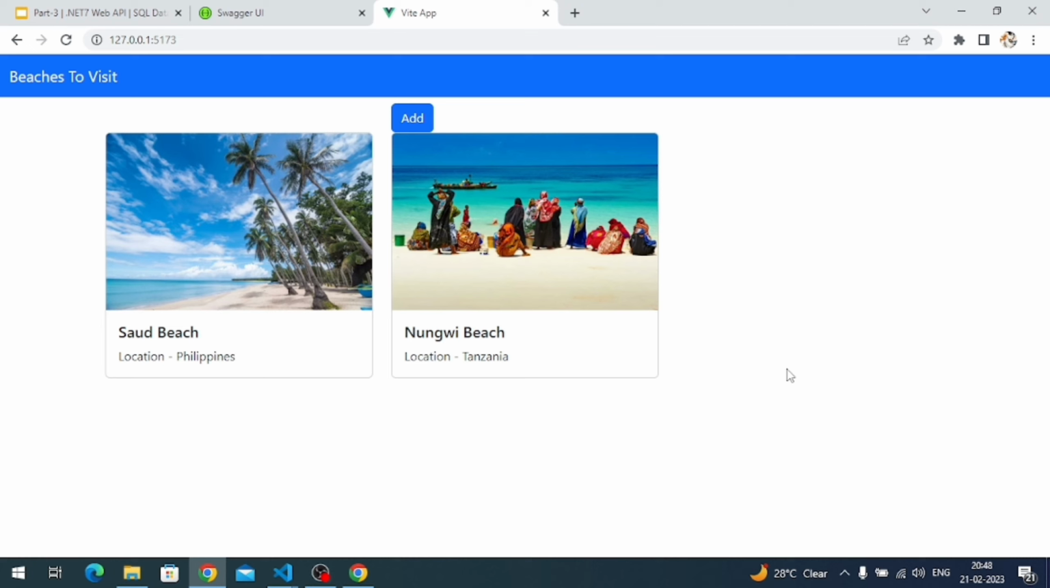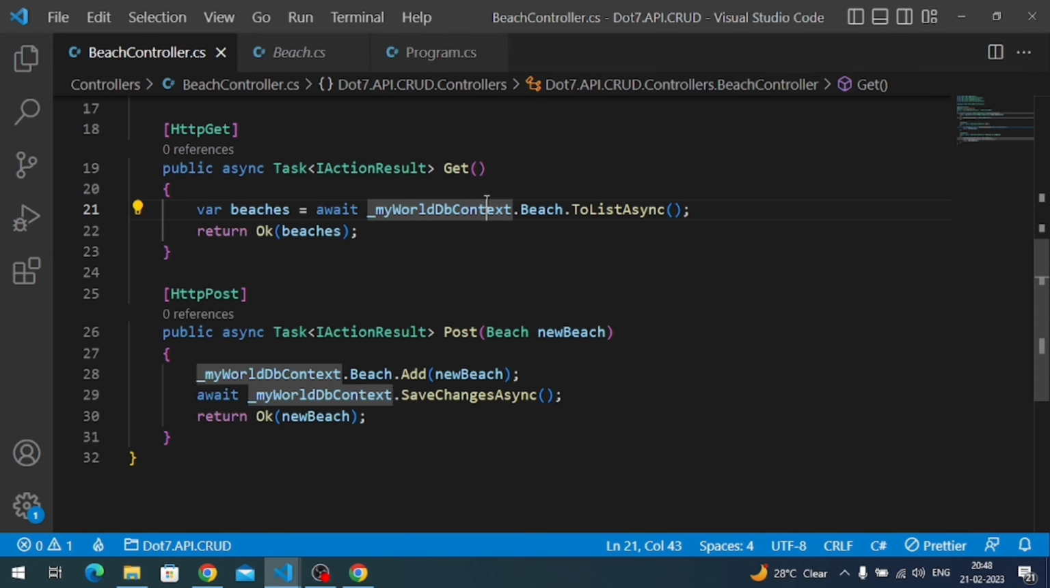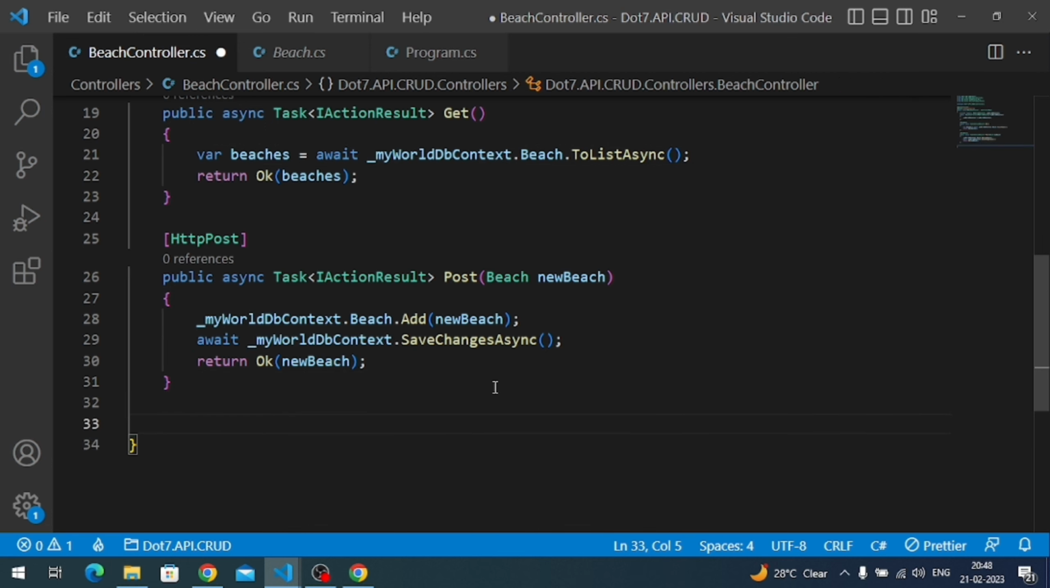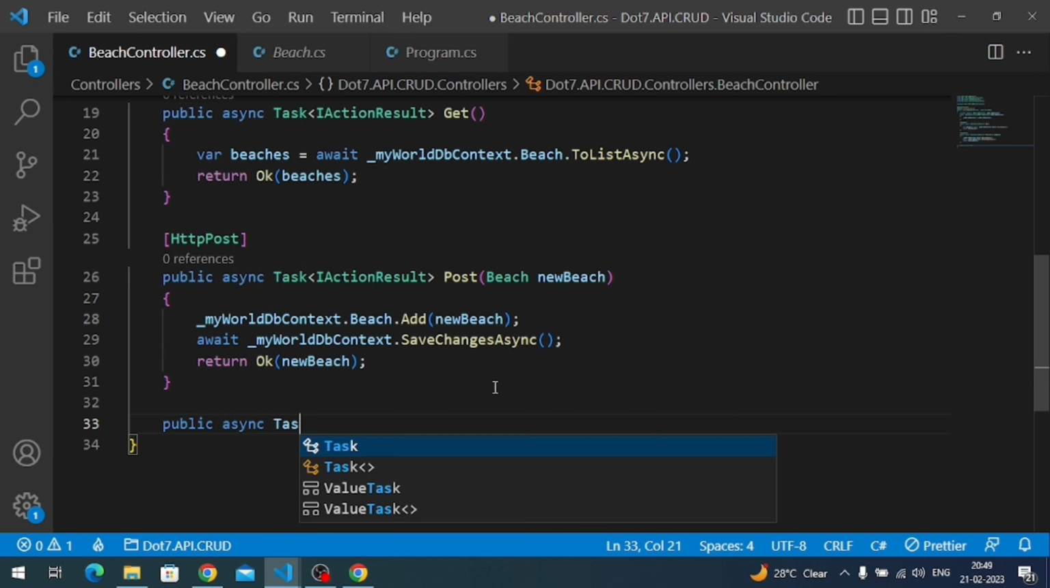One is get by ID, another thing is normal update endpoint. Okay, first let's create both the endpoints now. So now first let's create the get endpoint. So public link task